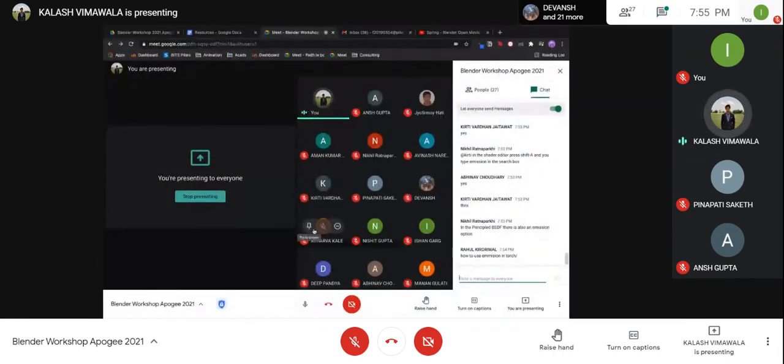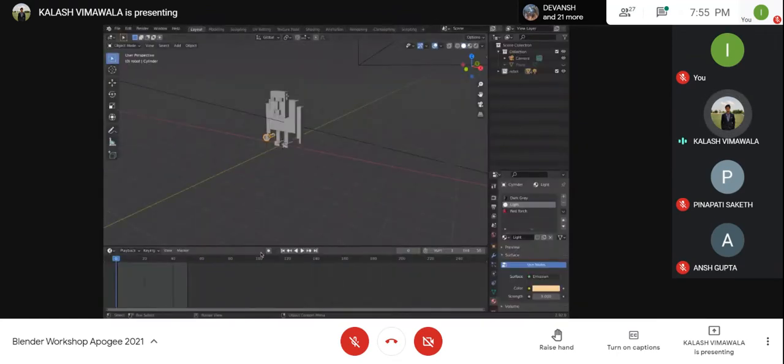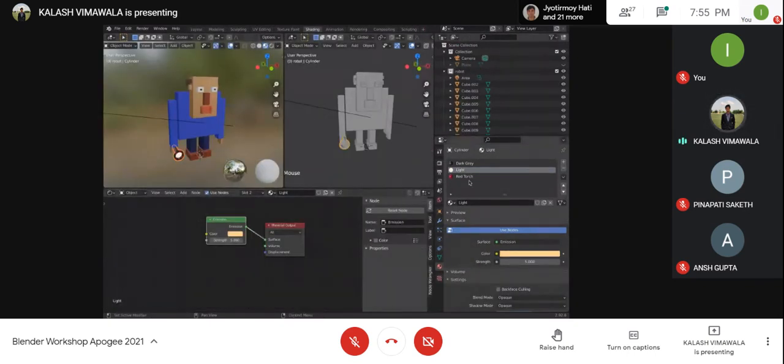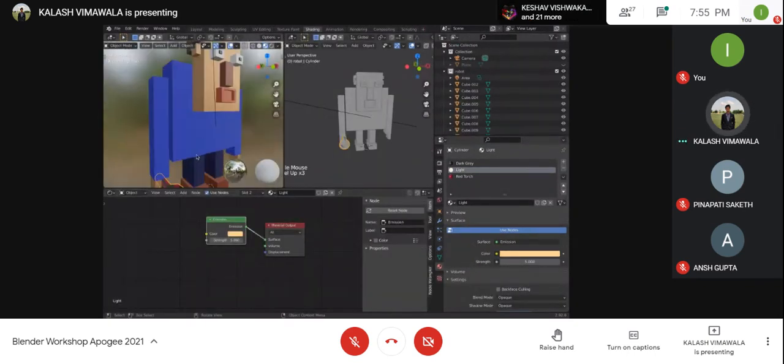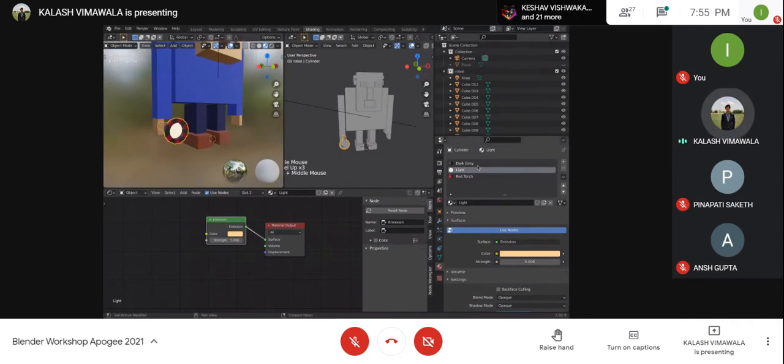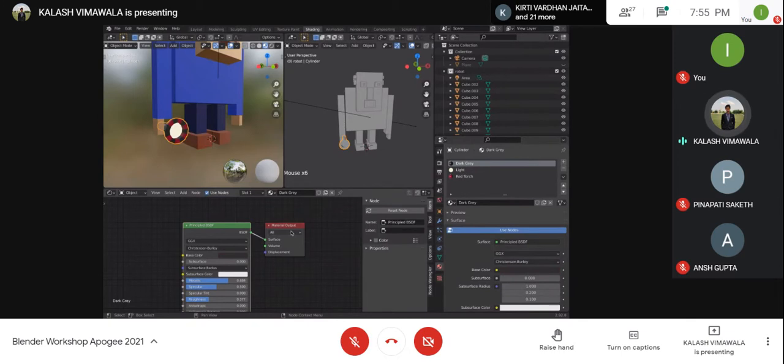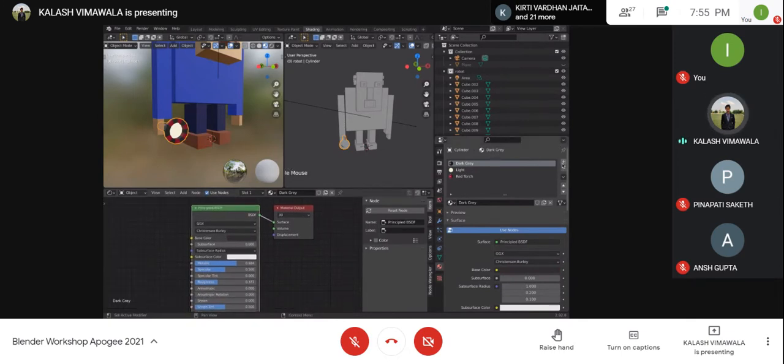How to use emission in torch? Okay. So if you see the torch over here, I move into the shading editor. If you select the torch over here, you can see that I have given it 3 different materials. Now, generally you have only one material. You can press on add over here in the very right of your screen. You see a plus sign, and it shows add material slot.